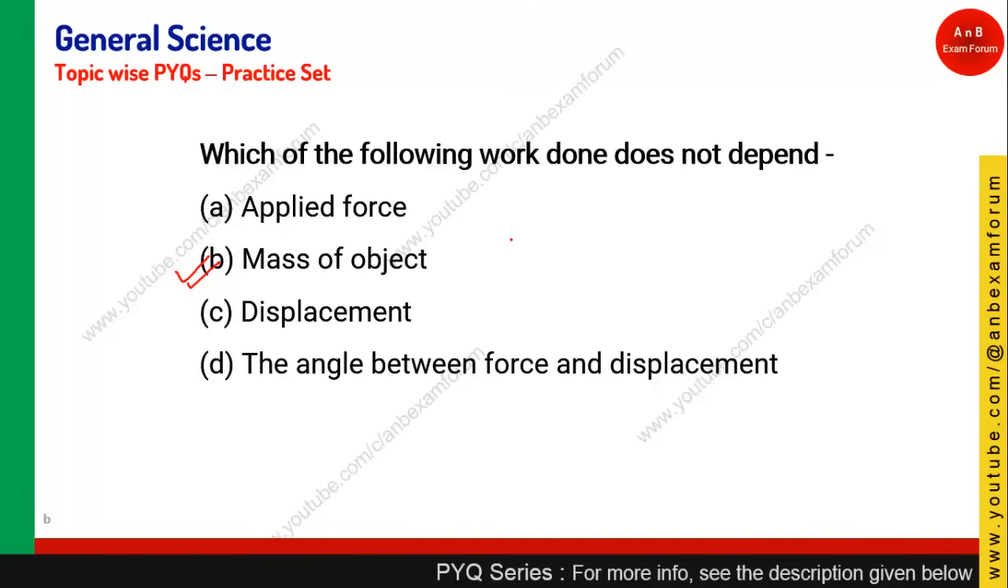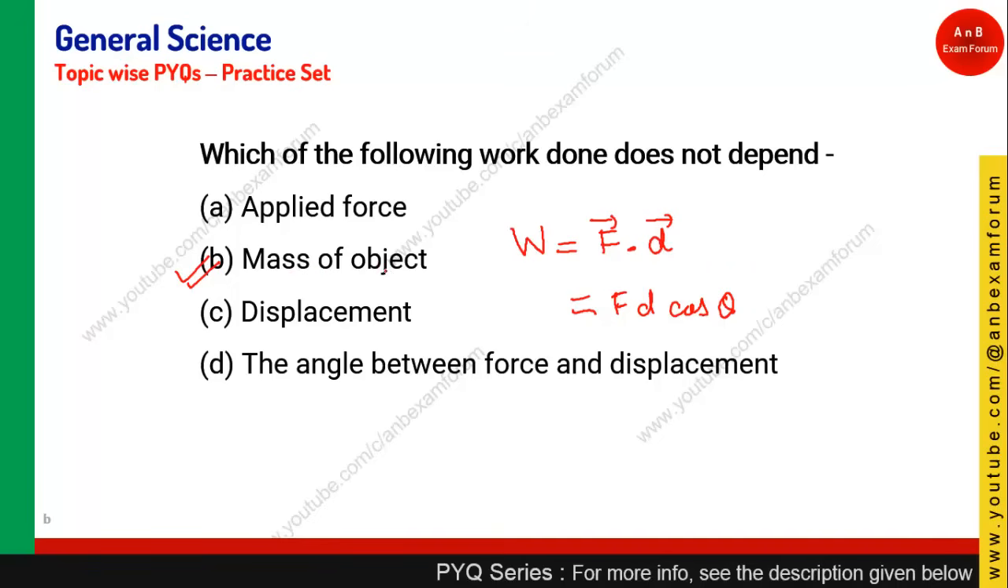Why? Because you know that work done is equal to force into displacement, that is the dot product. So work done depends upon the force vector and the displacement vector, but if you remove this dot product, it will become F D cos theta. Theta is the angle between force and displacement. And if you see the equation, there is no mass term,